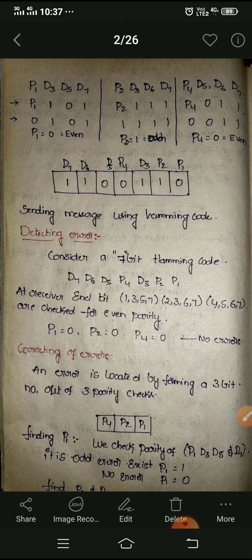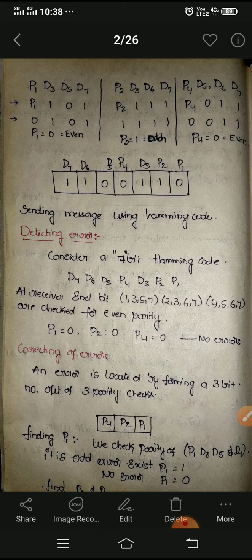For example, correcting of error. An error is located by forming 3 bits, a set of 3 parity checks. So just have a look: P1, P2, P4. Finding P1: first of all, we check the parity of P1, D3, D5, D7.